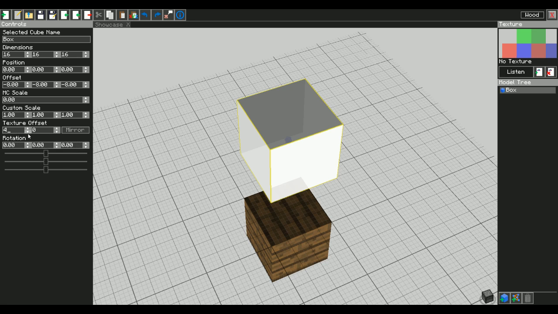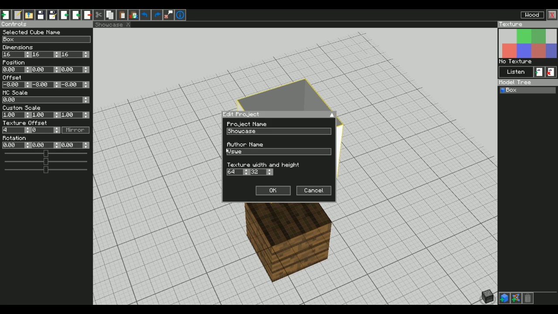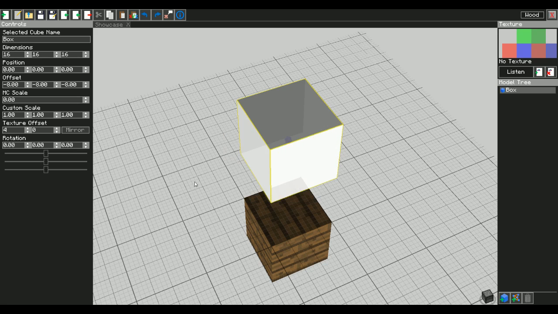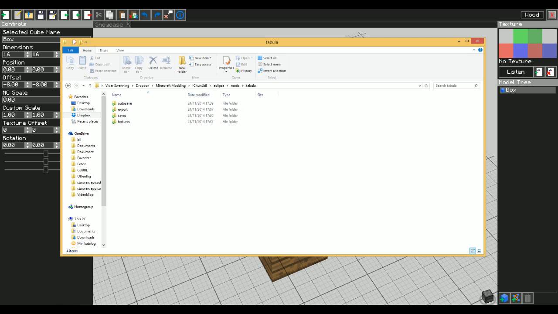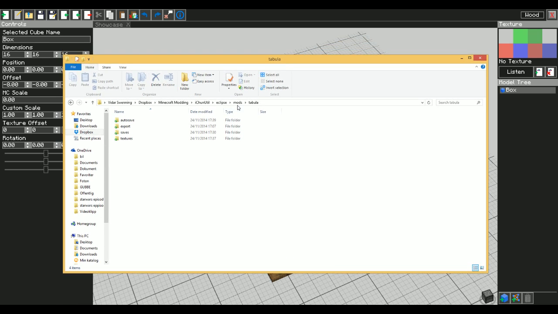Of course, we can make a bigger texture if we want to by going here. And if the block would have been smaller, we could move it around without it going out of the screen. And if the block would have been bigger, we would have had to make a bigger texture to make it fit. But if we want to, we can load its texture, and all your textures are going to show up here. But before we import that, I'm just going to head over to the folder structure here. So in your